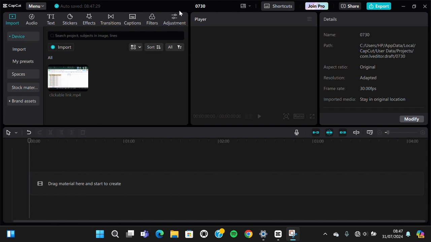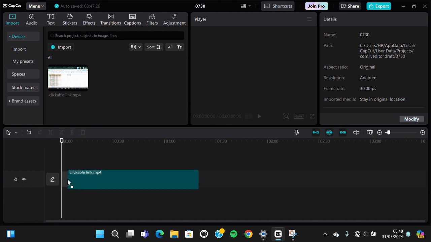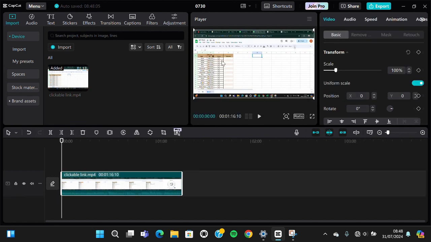I have opened my CapCut PC, and first of all I'm going to add this video to the timeline. And if we want to monitor the audio, we can take a look at this audio meter, and it's too small, right? And if you want to get a larger audio meter, you can click on the link to this